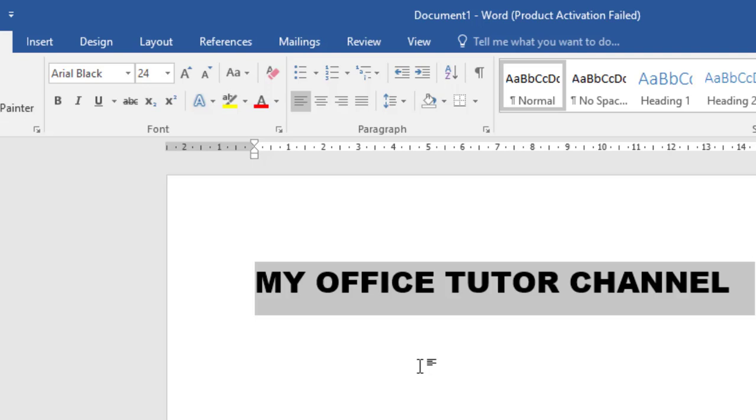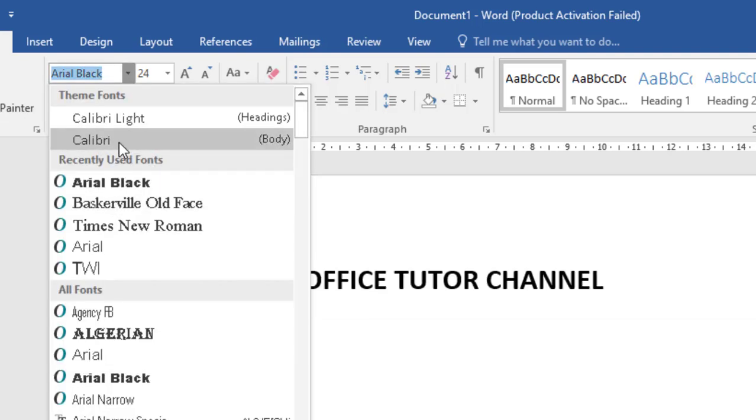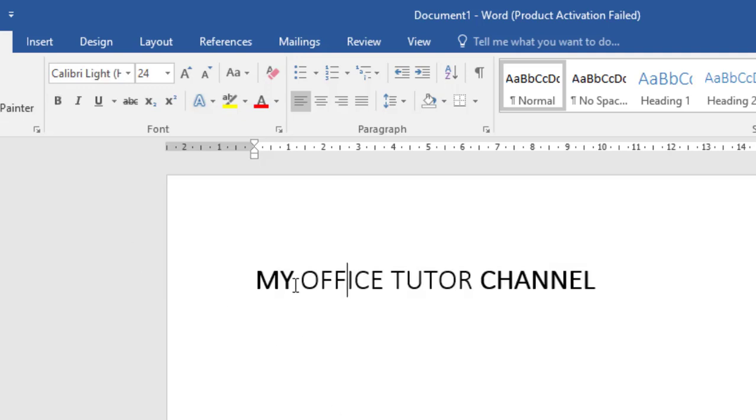Good. Now, you can also bolden your text. You can also italicize your text and also underline your text. The same way, you need to make sure it's selected. You come to this section, still under the Font group and the Home tab, and you click on the Bold button here to make it bold. So let me change the font to a normal font. So you can select the whole text